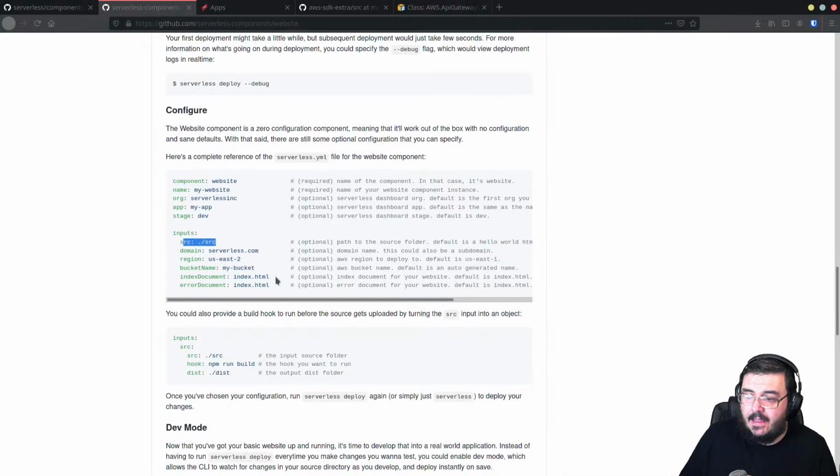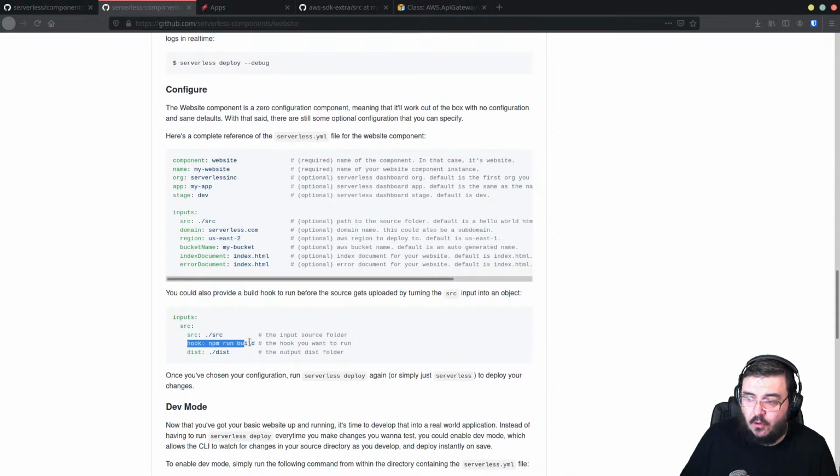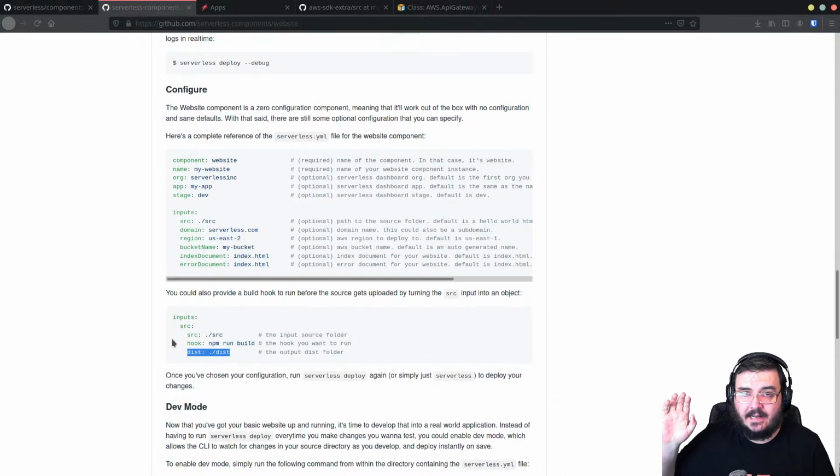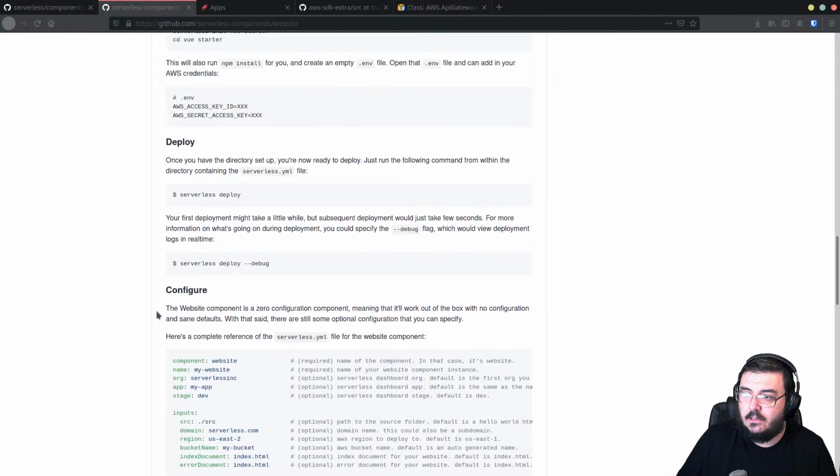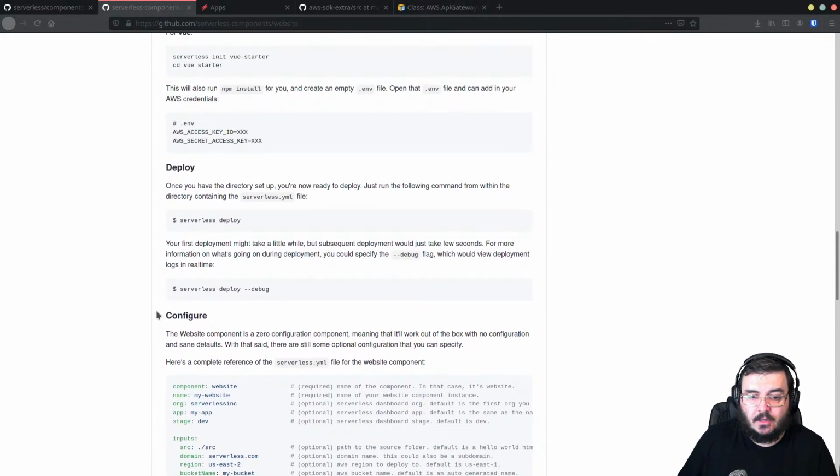And then if you want to, you can even specify the hook you use to execute, to build your distributable files. Because with React, you'll have your dist files that go into production. And you can set that as well. And then when you make a deploy, it's going to take those dist files, push them into S3, and set everything up in S3 with CloudFront, yes, and all of the things you need. It's a really, really cool component to help you do that kind of stuff.